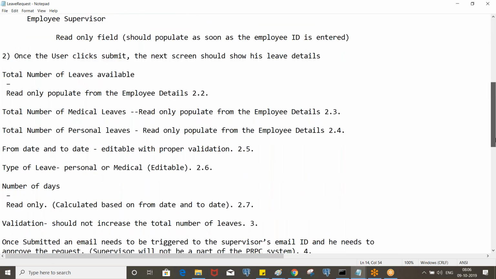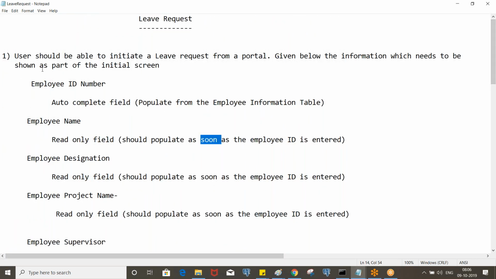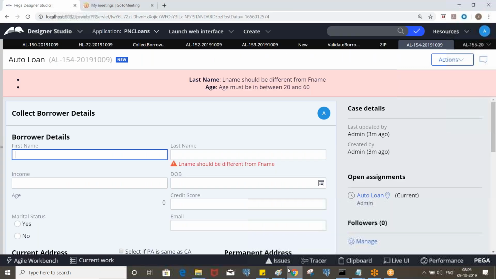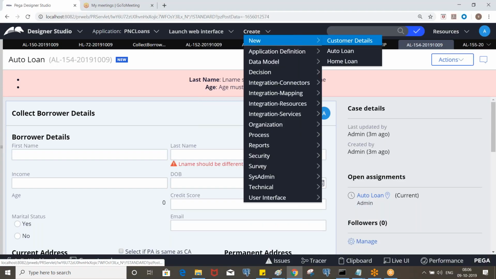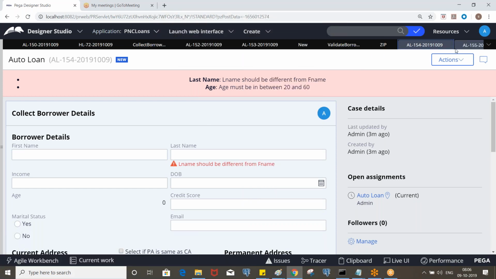This is the leave request application, and the user should be able to initiate a leave request from a portal. The portals will be covered later. Just create a flow. Whenever you launch a flow, the portal is nothing but a flow here.